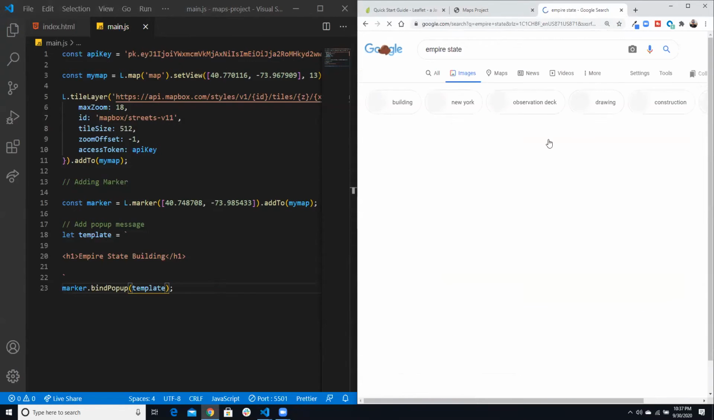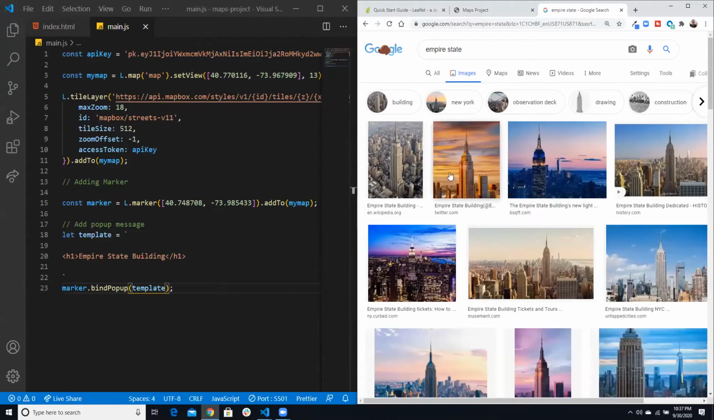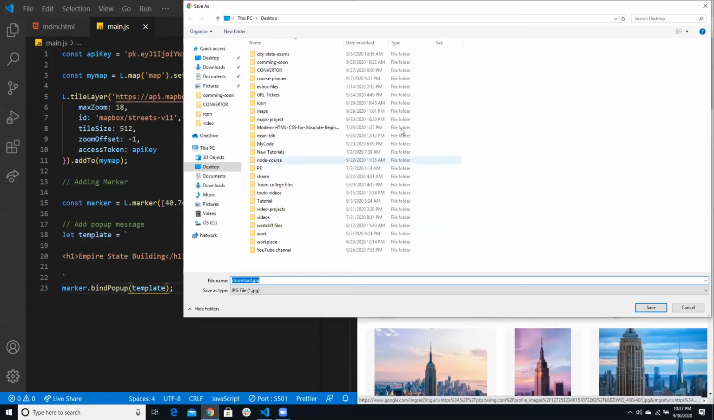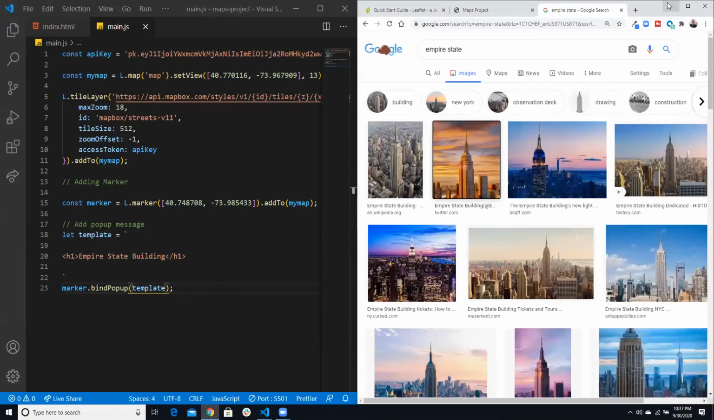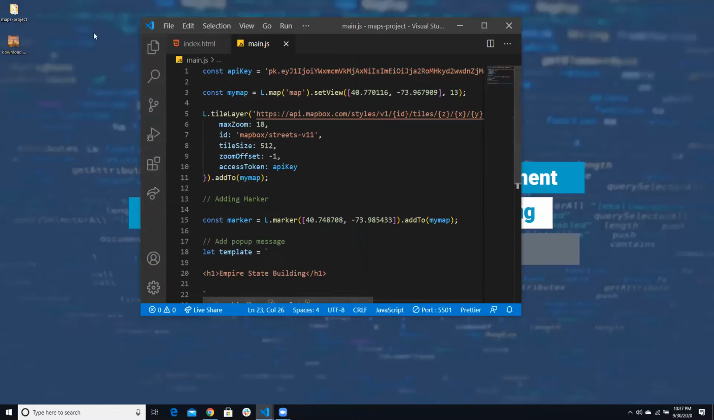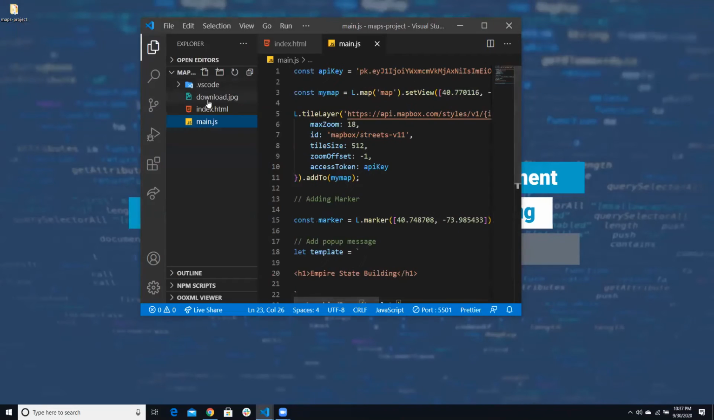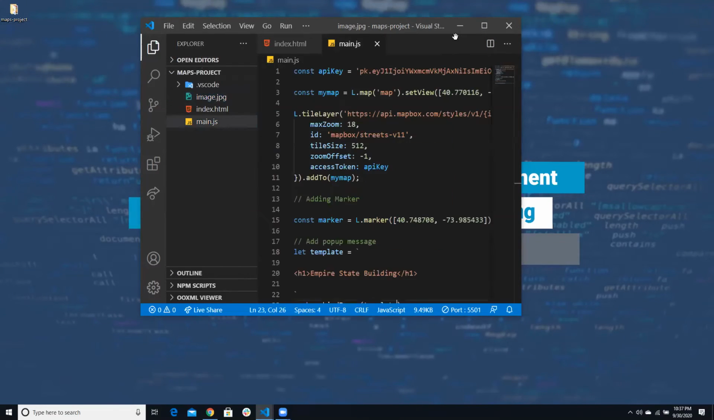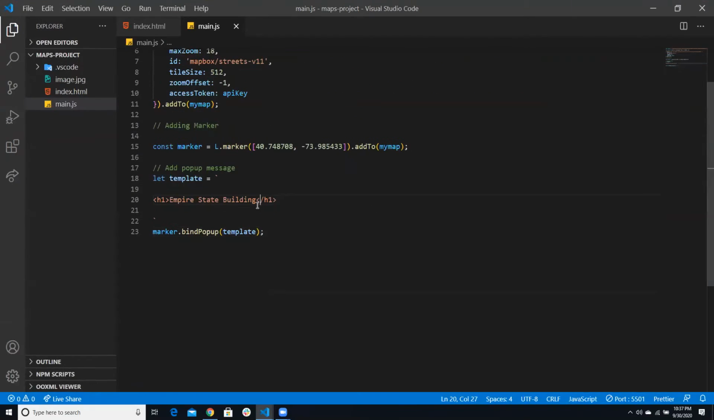Go for images. I can save this image, right click on it, save it as, and I'm just going to put it inside my project folder. And I should see it here. Just going to rename it to image, something like that. And now I'm going to use the image tag as the source,